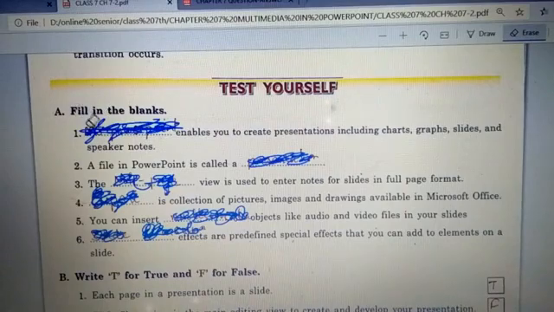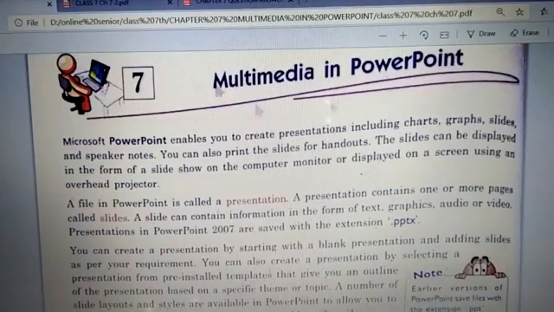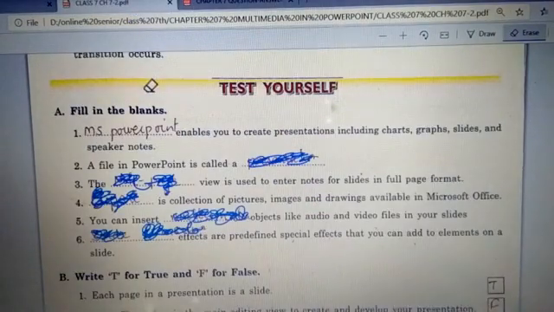So what you will write, children? Microsoft PowerPoint, full Microsoft PowerPoint. Okay. Next is a file in PowerPoint is called a, see here, a file in PowerPoint is called a presentation, right? So what is the answer? Answer is presentation. So you will write presentation here.